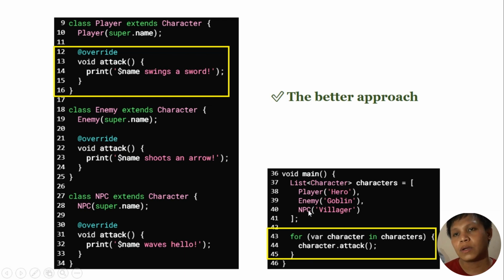And then, for the third loop, once tinawag yung attack, the same method, yung behavior ng attack will be based on the NPC na class. So, line 31 to 33, or the print statement right here sa line 32 yung ma-execute. And yun. Basically, we just achieve the same thing. But now, this is a better approach kasi